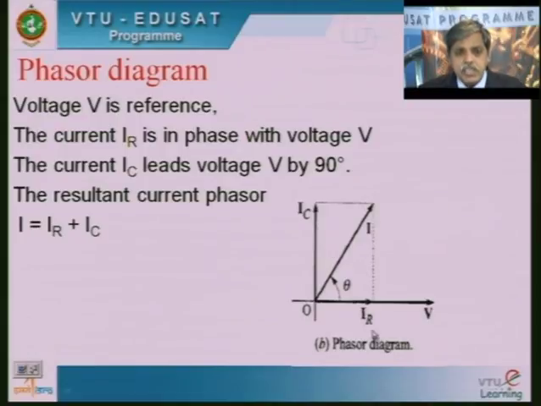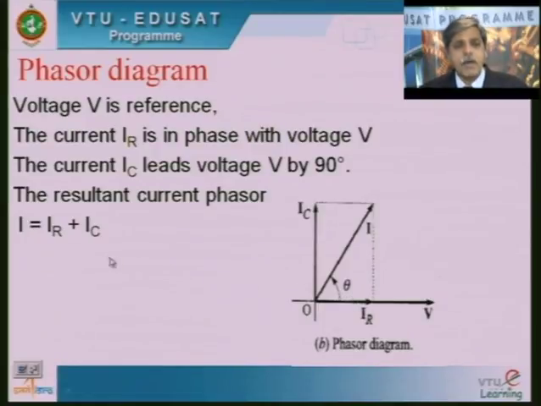Now the presence of resistor in the circuit will not allow the current to lead the voltage by 90 degrees. And presence of capacitor will not allow the total current to be along the voltage axis. That means both the elements, resistor as well as the capacitor, will dominate. One cannot dominate the other when you have the values of these two as equal, equal in the sense their effects are almost similar, similar magnitude you can say. Now if I say IC and IR are equal magnitude wise, then this theta will be 45 degrees.